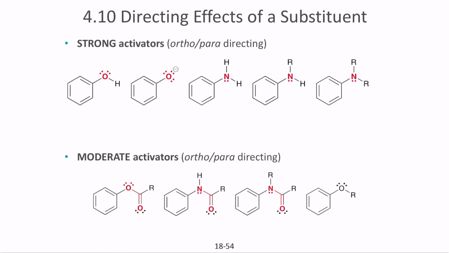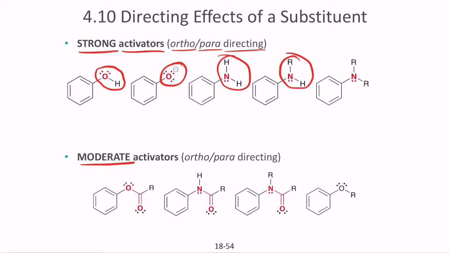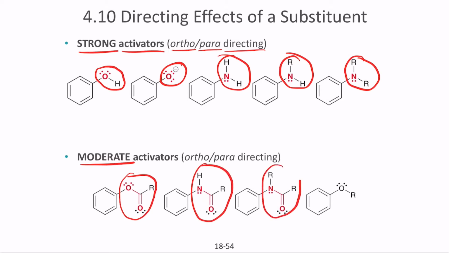Next let's summarize all the activators and deactivators. Just like acids, we can classify activators and deactivators into three parts: strong, moderate and weak. Strong activators are always directing to ortho or para positions. They are alcohol groups, OH groups, oxide ion, amines, and substituted amines. What are moderate activators? Moderate activators are acyl groups, amines with acyl groups, substituted amines with acyl groups, and ketonic groups.